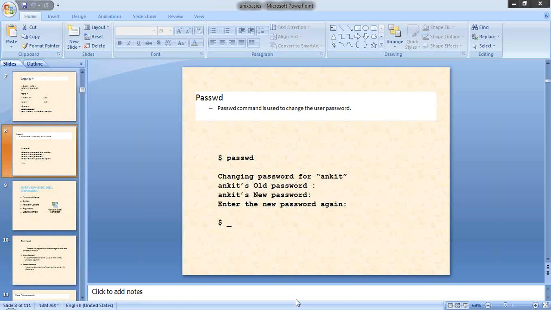The date command is going to give you the information about today's date as well as the timestamp, including the day and month and year. When you type the date command, you can see it shows what is today's day, which month it is, what is the date, then the timestamp, then a time zone, and finally the year.